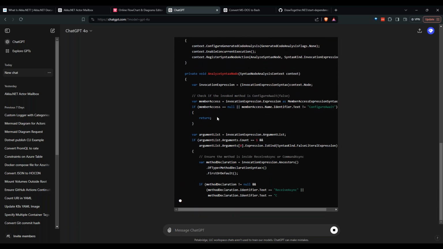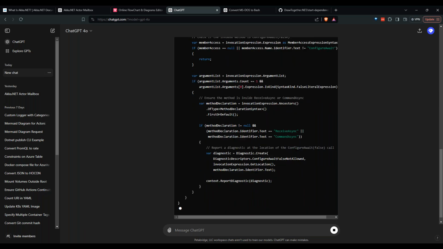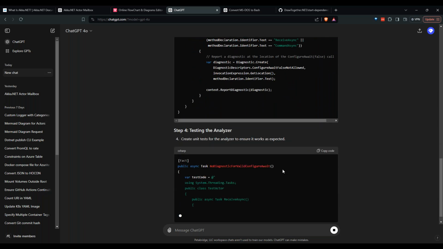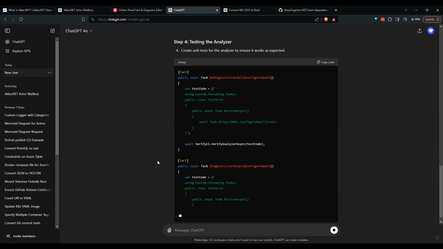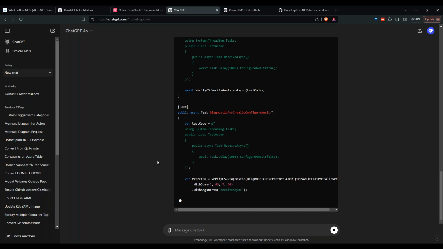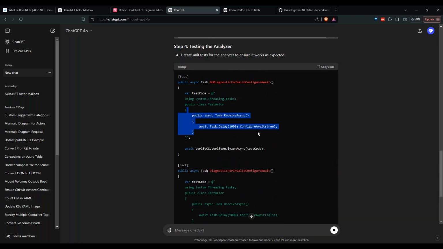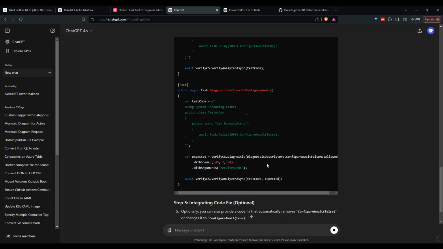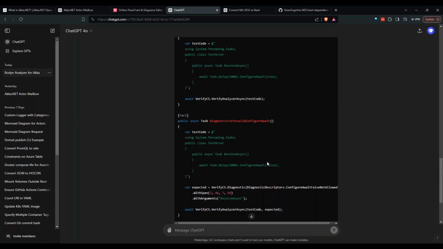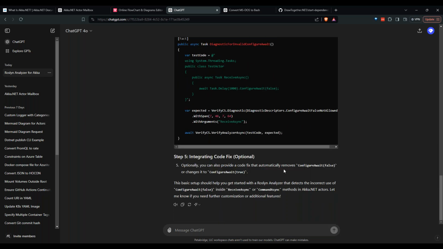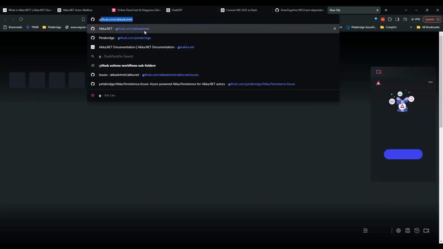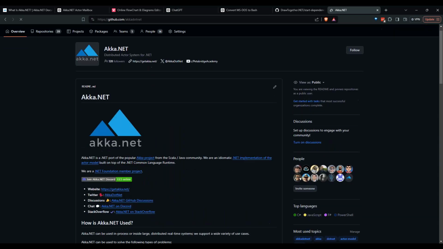All right, perfect. And this is giving me exactly one of the things that I'm looking for. This is wrong, and this is wrong, but that's okay. Okay. So if we take a look at Akka analyzers real quick, and I pull up some of